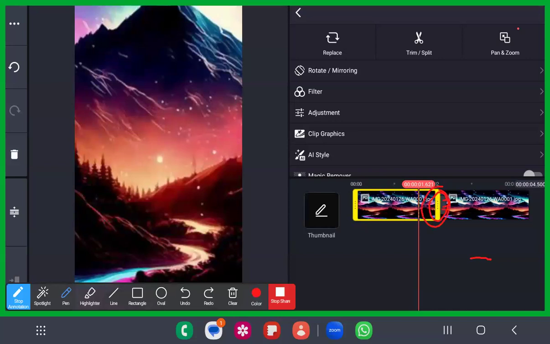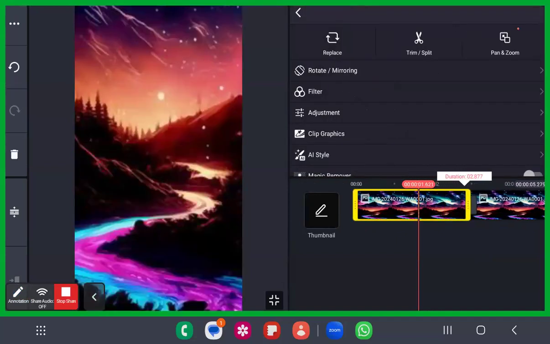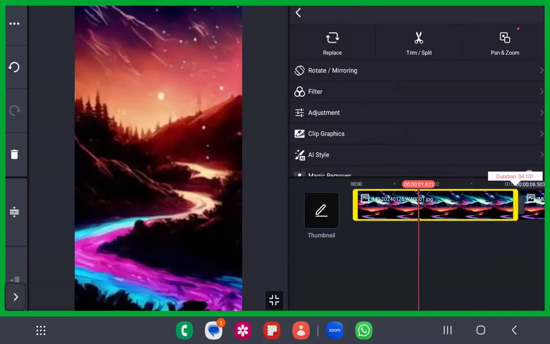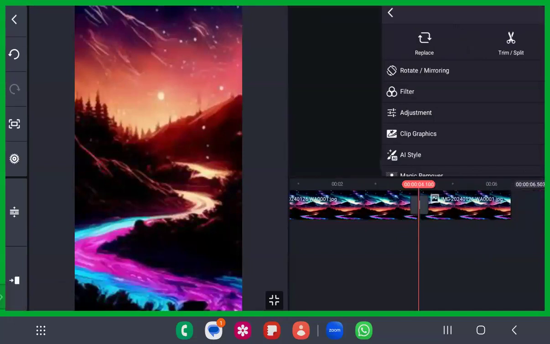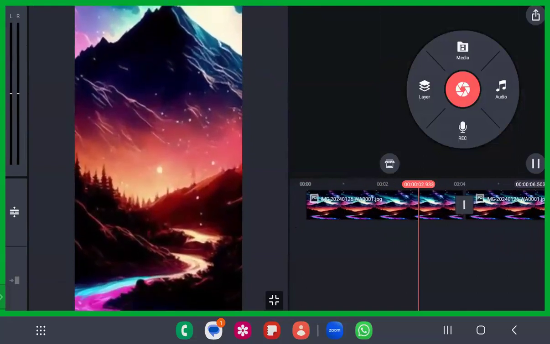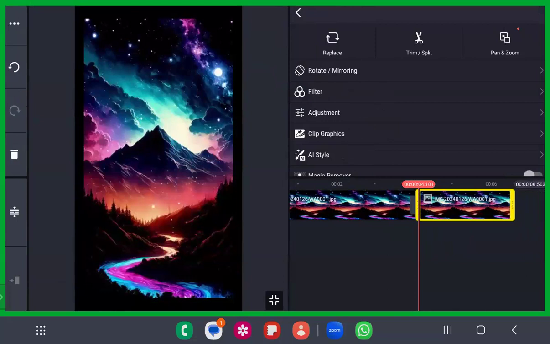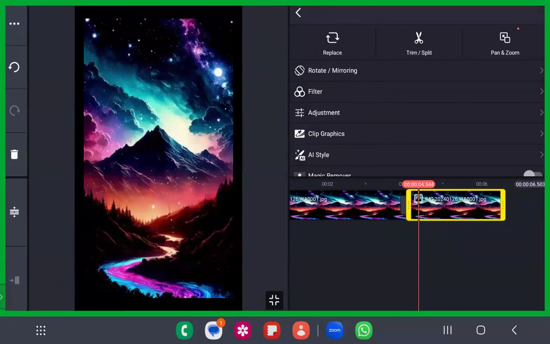Press tightly on it and move it towards how many seconds you want to assign this photo. If you want this photo to be for 4 seconds, press here and move it till 4 seconds. Now play it and see, this photo is playing like wonderful content. Dear sisters and brothers, it is just with this. This is the second video where I just split it off, and you can do the same with the next photo also.